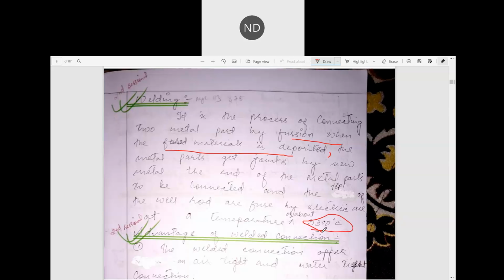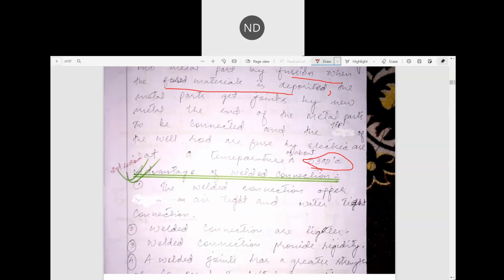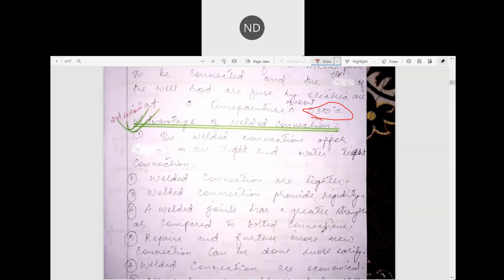Now, since we were talking about your bolted connection, your welded connection, your riveted connection, all the advantages, the disadvantages we are discussing now. Because from the next class, I think three classes we have per week, right? So two classes are gone today. Next class will be taken by your Anindya ma'am, and that means I'll be coming again next week. So next week I'll be again taking a class.